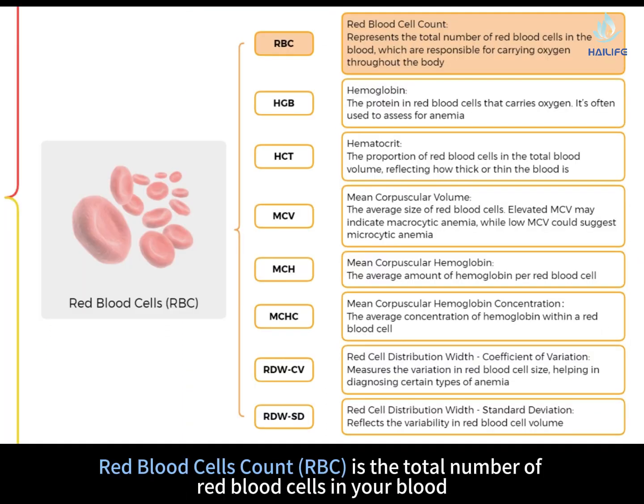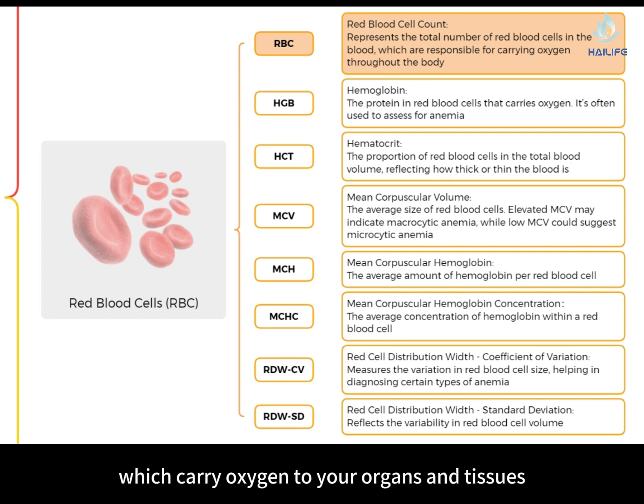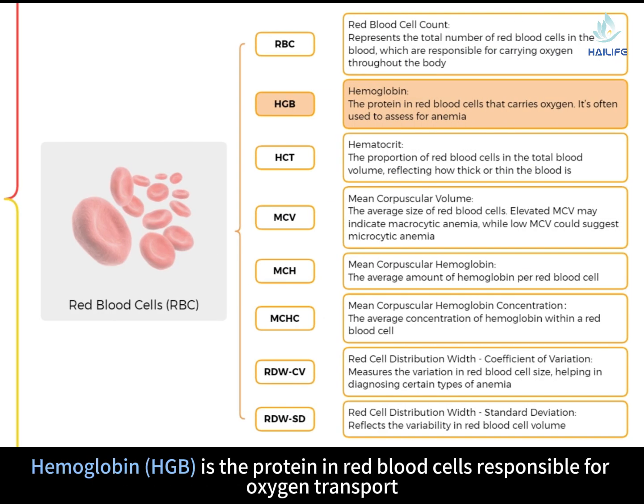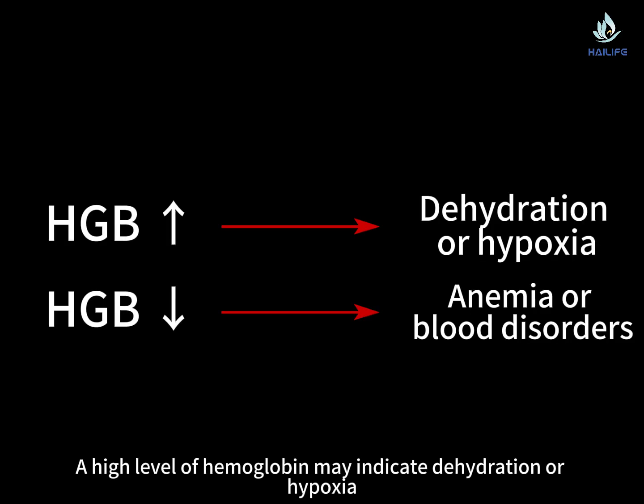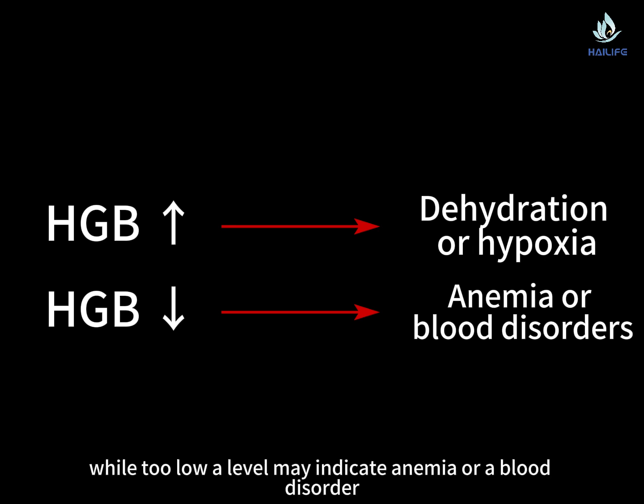RBC count, the total number of red blood cells in your blood, which carry oxygen to your organs and tissues. Hemoglobin is the protein in red blood cells responsible for oxygen transport. It's a common marker for detecting anemia. A high level of hemoglobin may indicate dehydration or hypoxia, while too low a level may indicate anemia or a